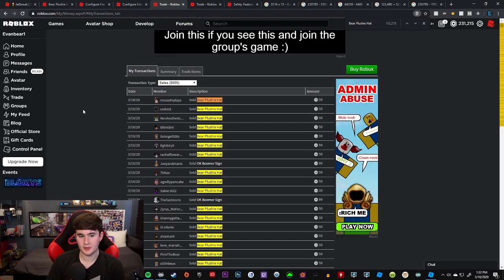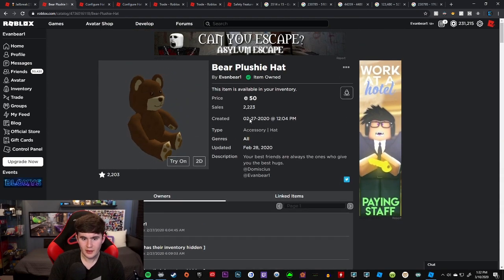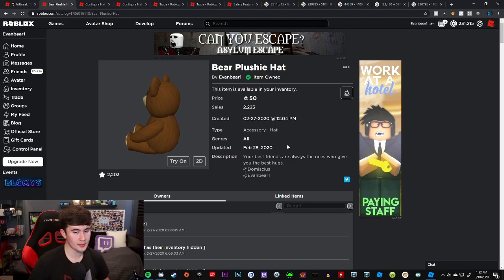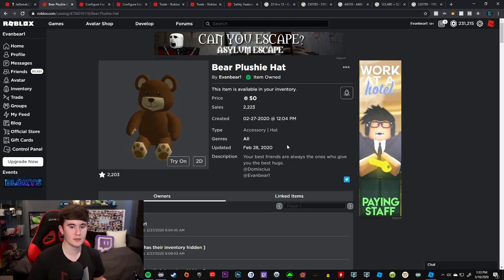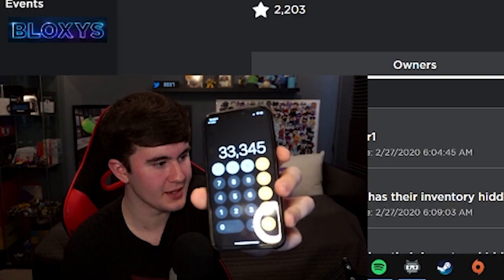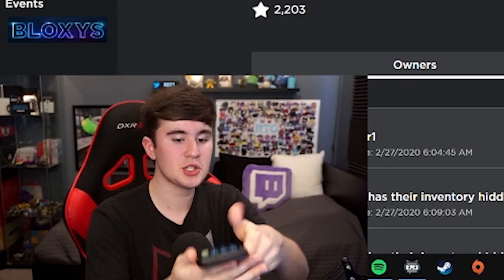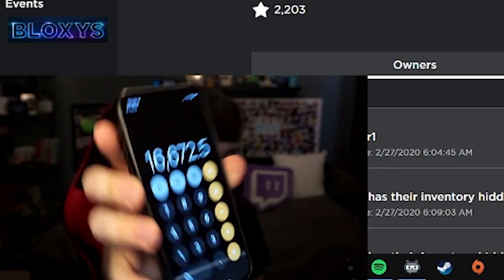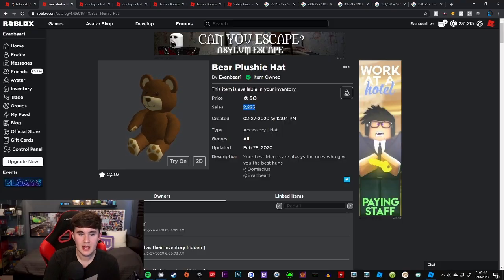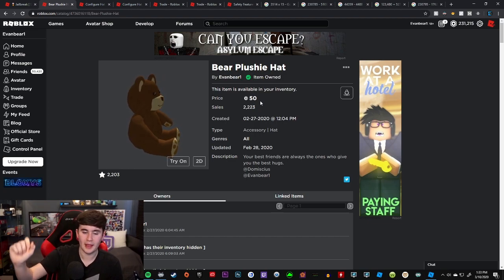And this becomes a problem for me because I split my revenue in half with Damascus, my 3D modeler. So if I'm going off of this page and I'm saying, okay, this is 50 Robux, we make 15 Robux off of this item because we get 30%. You do 3 times 15. That means we've made 33,345 divided by 2. I should give Damascus 16,672 Robux. But that's not the actual number, since we can't very easily see the real number without counting super manually,